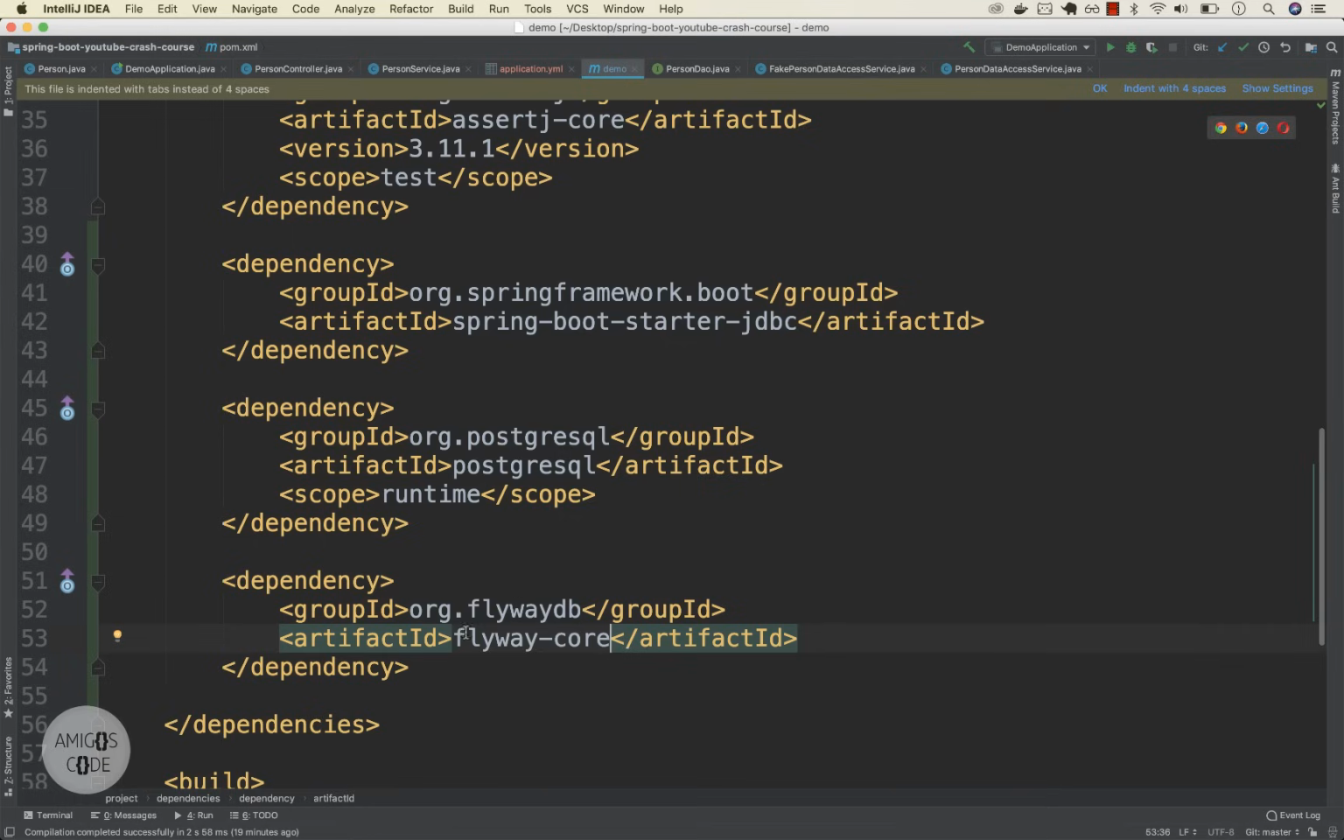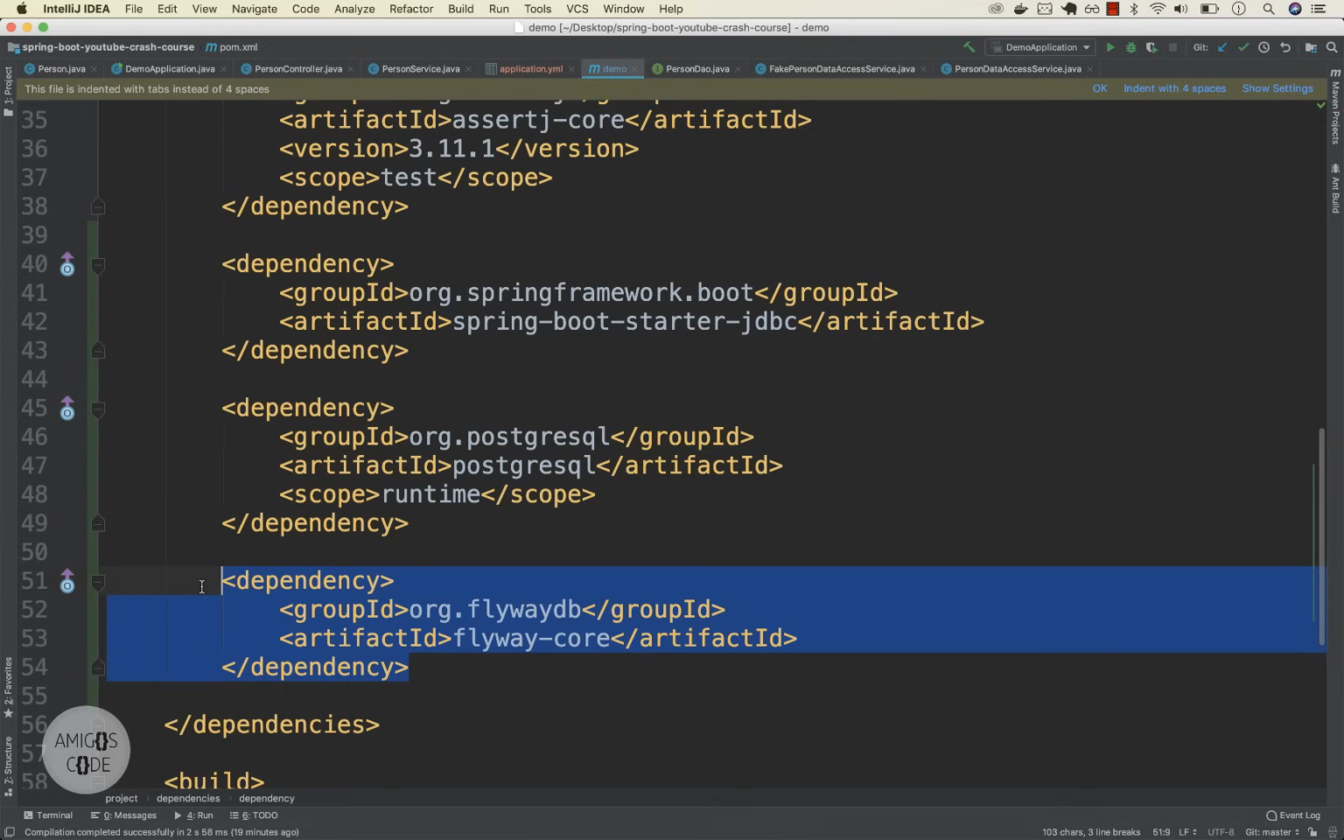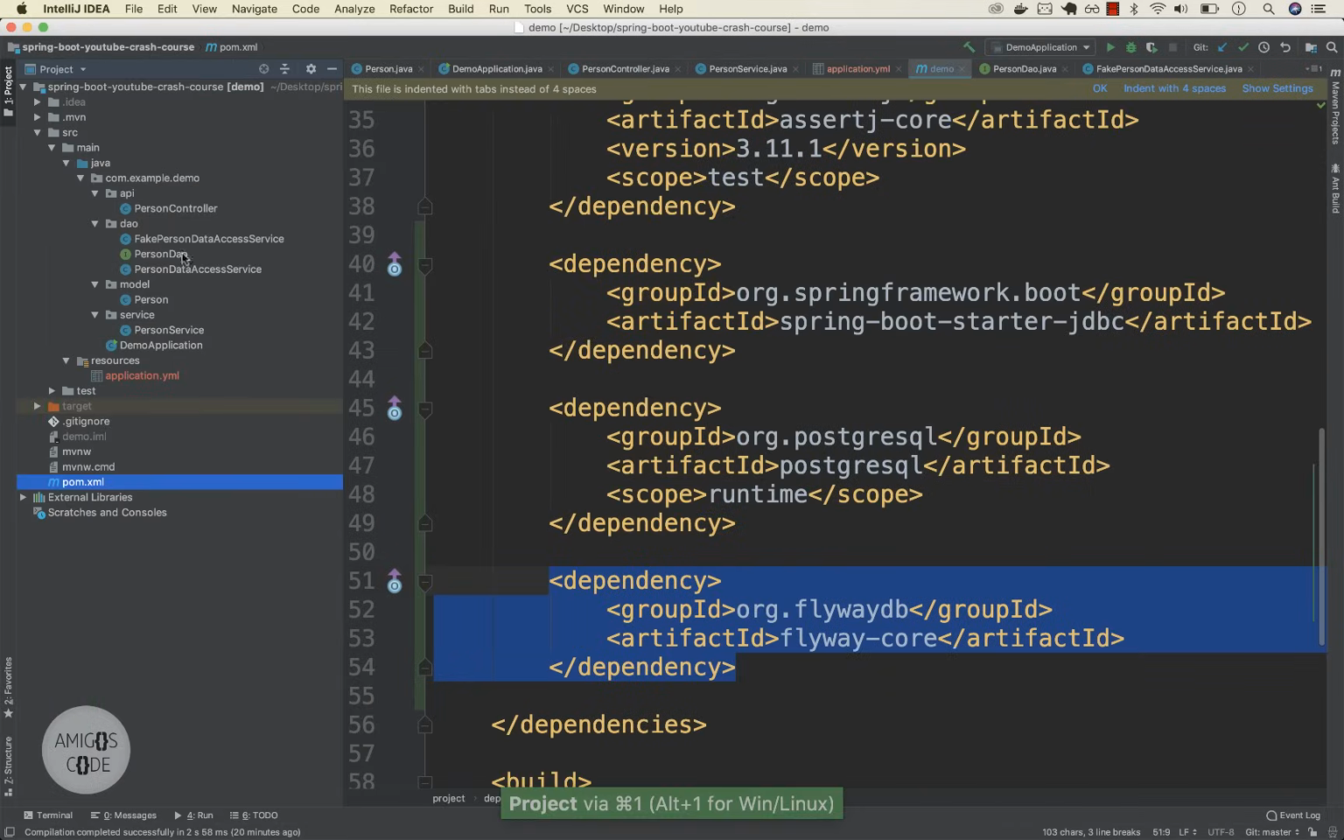So all of these dependencies will allow us to connect to a database. Basically it gives us an awesome API that we can use to execute statements against our database. This is for the actual driver, PostgreSQL, and then this Flyway DB is for database migrations, and you will see this in a second. So now let me simply go ahead and open up the project tab,